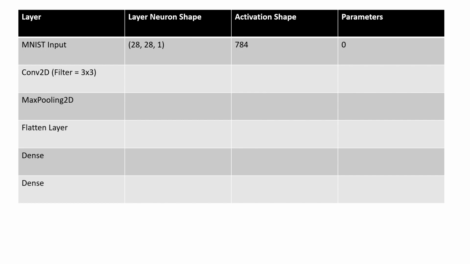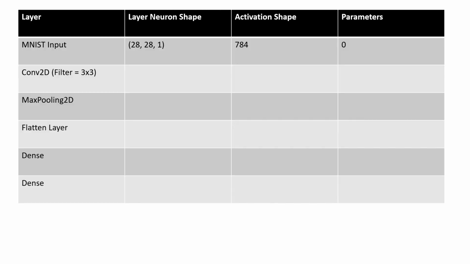Why? Because what are parameters? Parameters are basically the features that are learned in a particular neural network. Parameters determine the amount of activation neurons engaged to each other and the amount of information that is gained from the input. So coming back here, we have parameters equal to 0, and after that we apply our first Convolution 2D layer, which has filters of 3 by 3 and there are 64 filters.